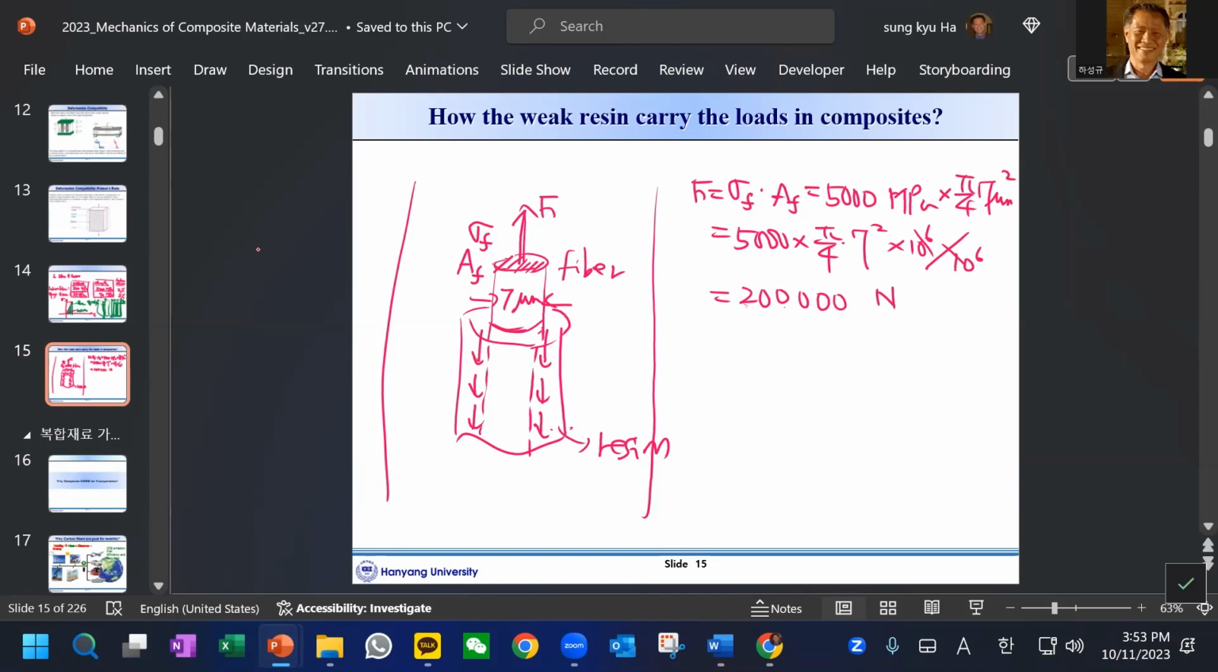Is that correct? Too high. Tell me what is wrong here. That's right. This is not the 10 to the 6 micrometer, it is already 10 to the 6. So this is going to be 12. Right? So